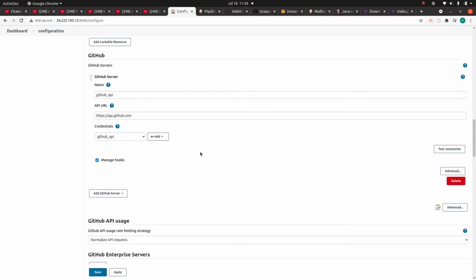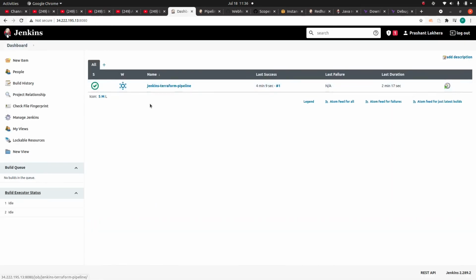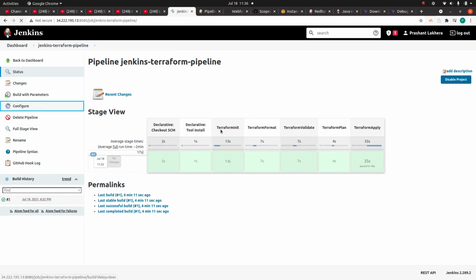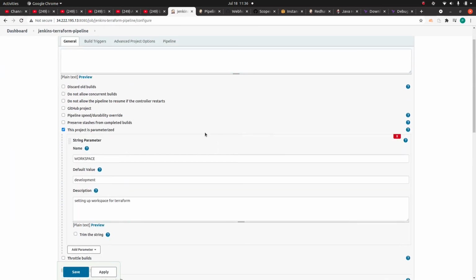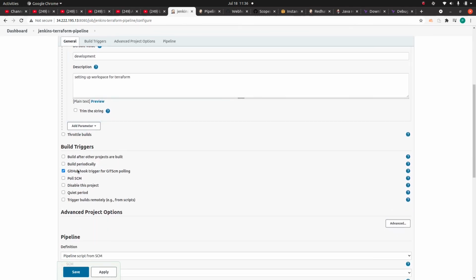So this is the way Jenkins is going to interact with GitHub. And for GitHub to interact with Jenkins, we have configured those webhooks. Okay. And also in the build pipeline, in order to trigger it, you need to enable the GitHub hook trigger for GITScm polling.